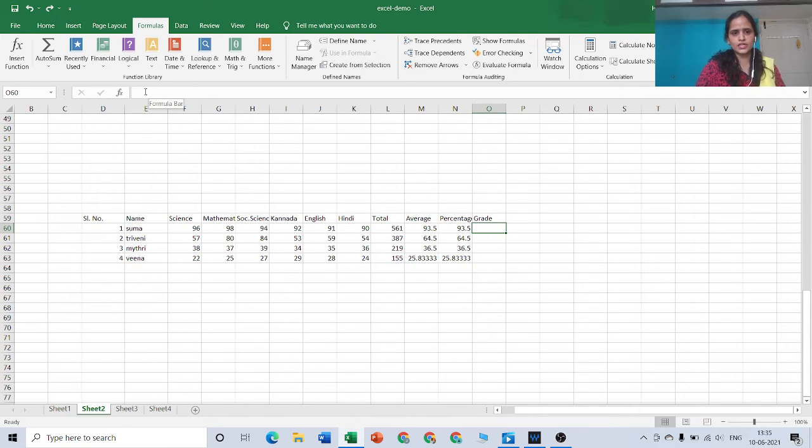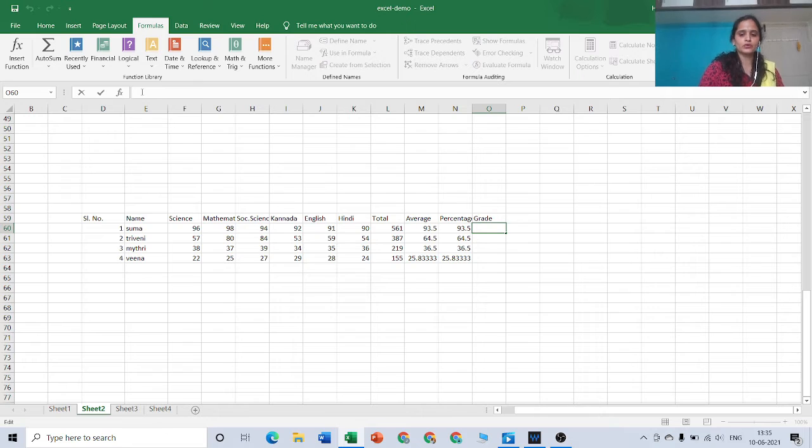We already know that grades will be given based on the percentages. As I have already told you in the previous video, for giving the grade we always have to insert the equal symbol. So I have placed my cursor in the formula bar and typed equal. After that we have to give the condition. If the total score is more than 90, what grade has to be given. If it is more than 80 and below 90, what has to be given. So for that we have to give the condition.